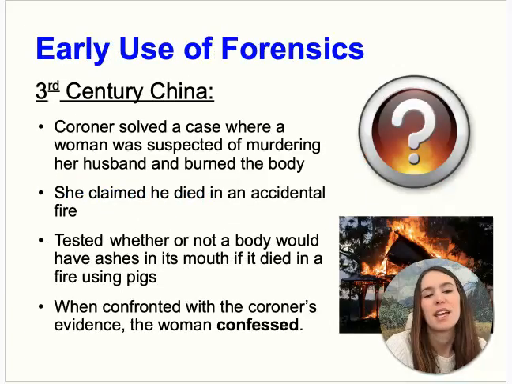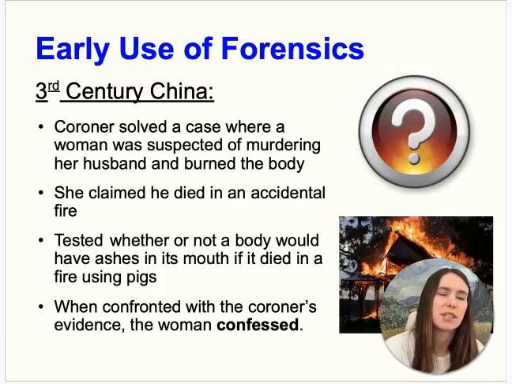So the early use of forensics, for example, in 3rd century China, this is a crazy story because you can imagine this is a long time ago in history. A coroner, who is basically what the medical examiner would be today, the person who would have collected the body and processed the body, solved this case. A woman was suspected of murdering her husband and then burning the body. She had claimed that he had died in the fire and it was accidental death. If he had died in the fire and it was accidental, he would have been alive at the time of the fire. So in order to test this and to try to actually prove the innocence or guilt,